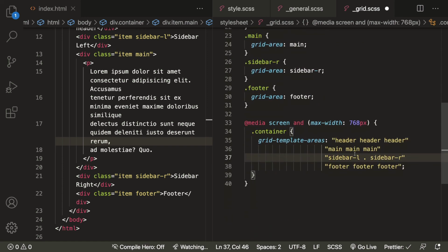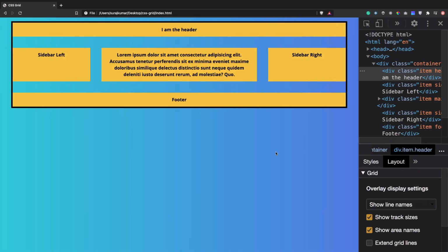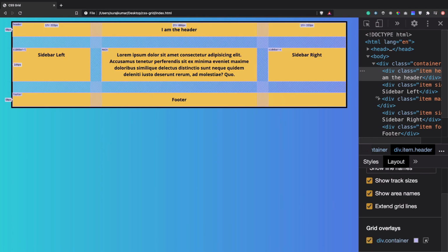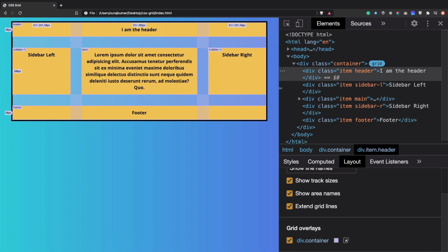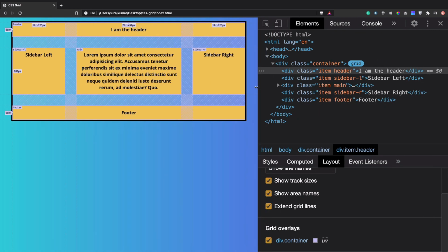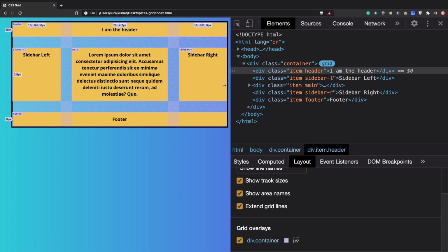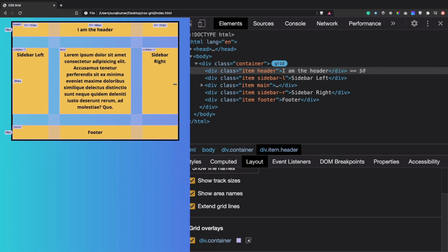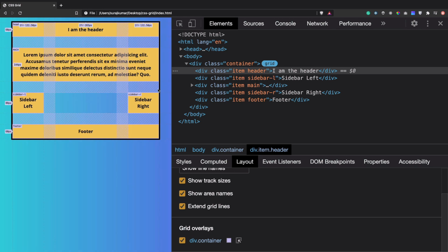Okay, perfect. Now save this. Cool. Now let's give it a refresh here. Fine here actually. Now let's reduce the size of our screen. At 768 pixel it should be breaking. Let's see. Okay, yeah, it is working.